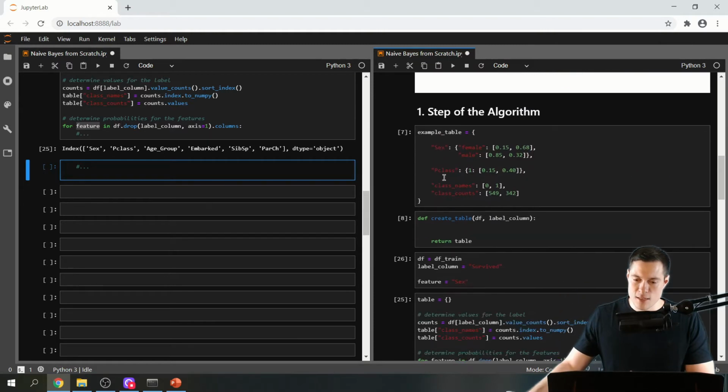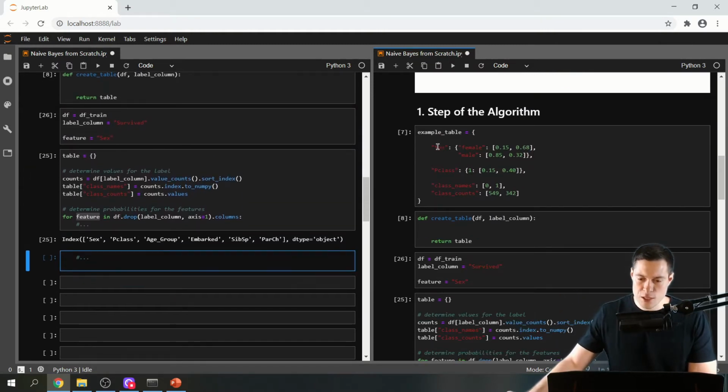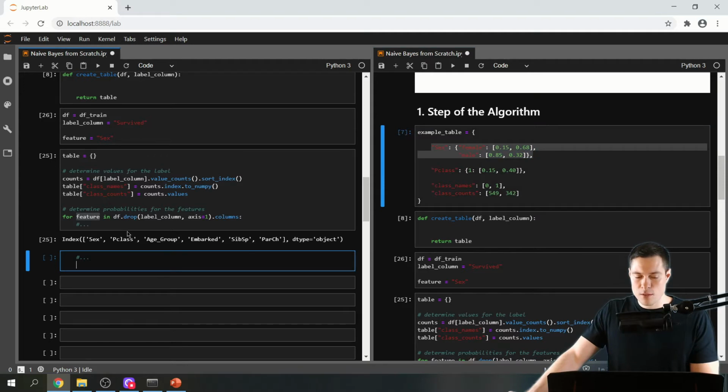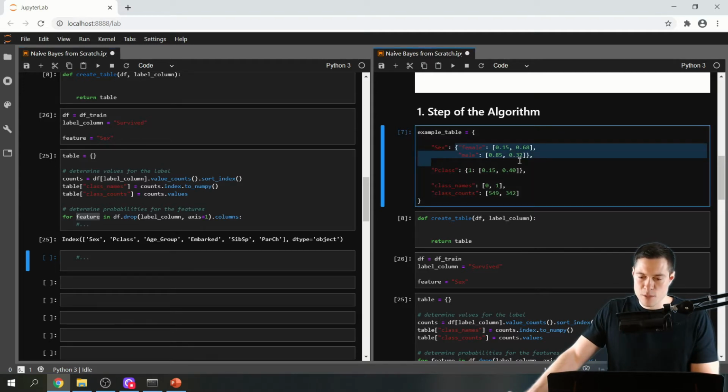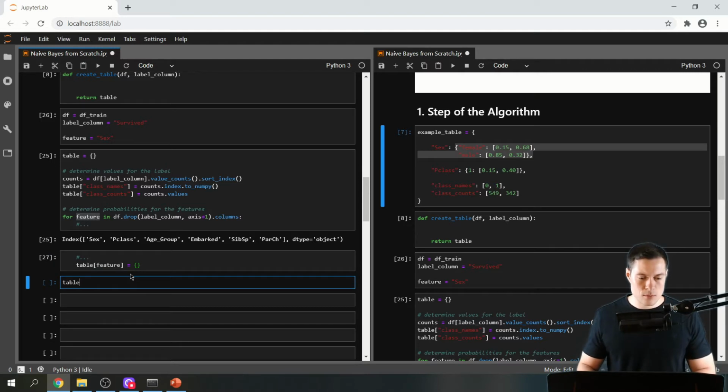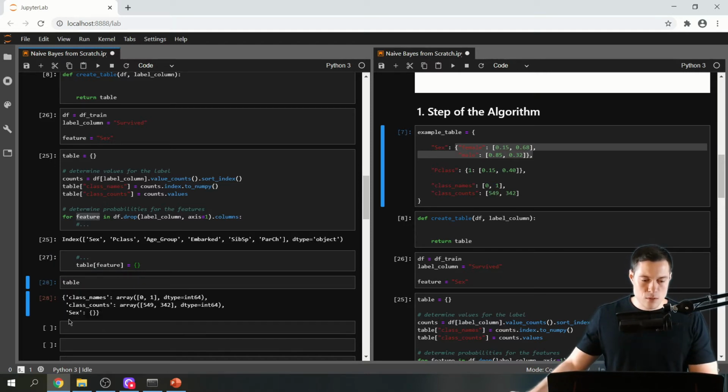So let's again look at this example table. So now for each feature, what we want to do is we want to create such a dictionary. So the first thing that we're going to do in this for loop here is to create an empty dictionary that we then can populate. So we're going to say table brackets feature, and this equals again an empty dictionary. So let's run this, and now if you look at the table, now we have for feature 6